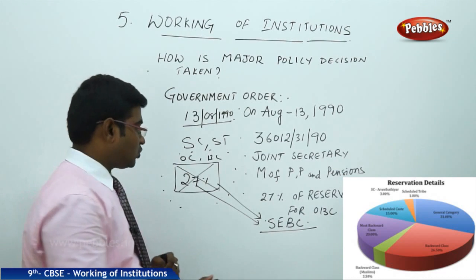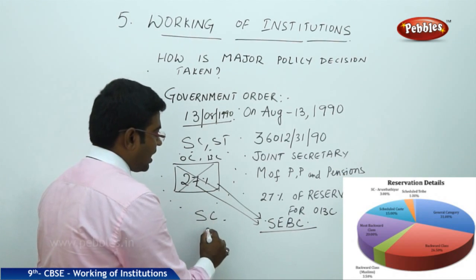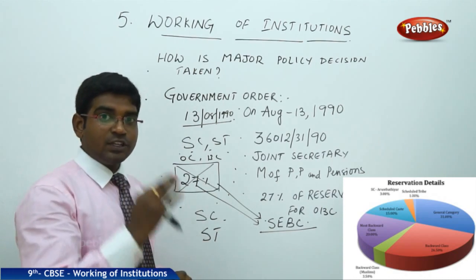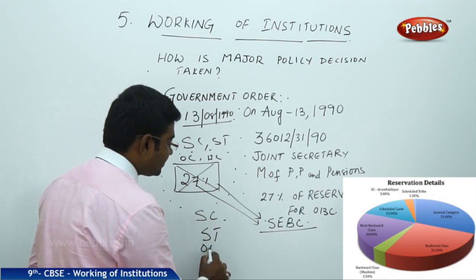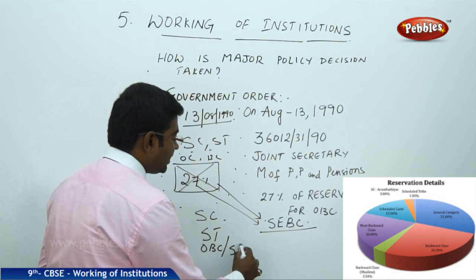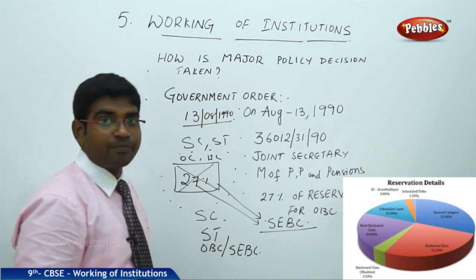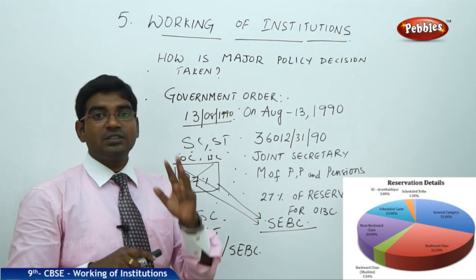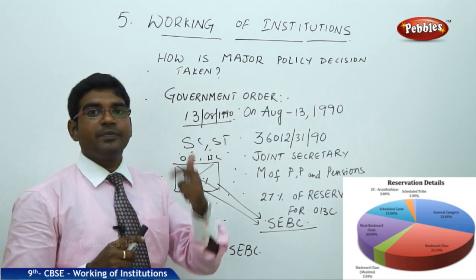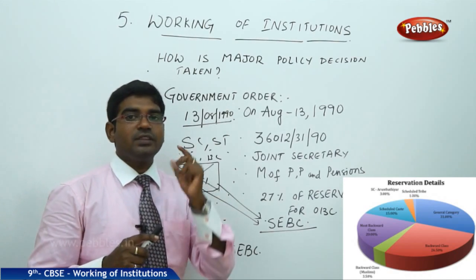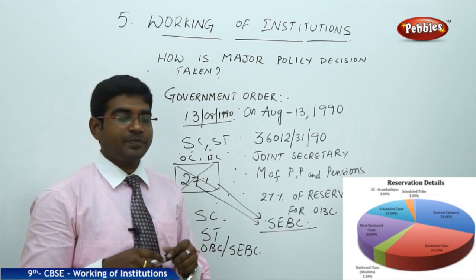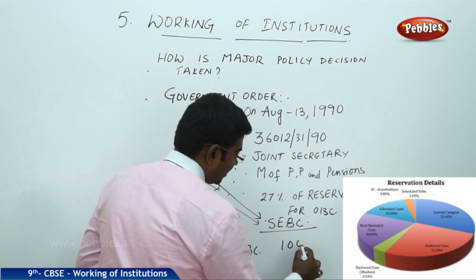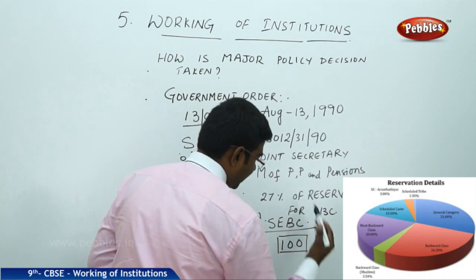Till now we have had reservations only for the SC people and the ST people in the government postings. But now a third new category has been created, that is OBC or socially economically backward classes. So now how many types of reservations are there? We have 3 reservations now for 3 different castes. One is for the SC people, one is for the ST people, the third one is for the SEBC or OBC. Now for example, let us take there are 100 jobs. Total number of jobs given in the notification are 100.